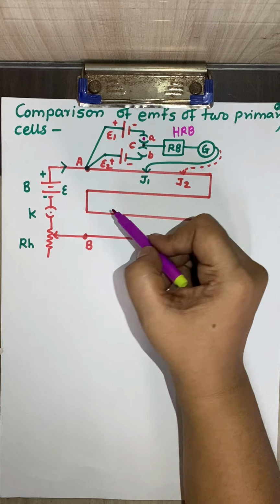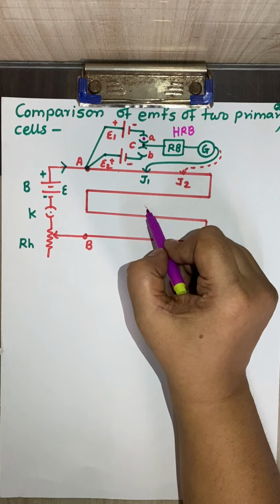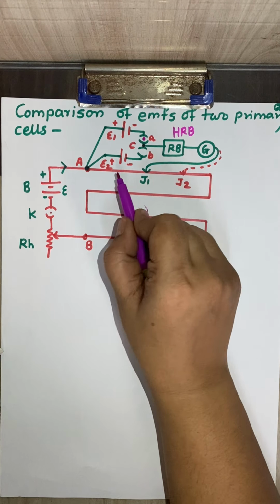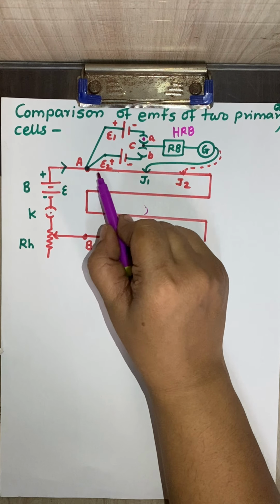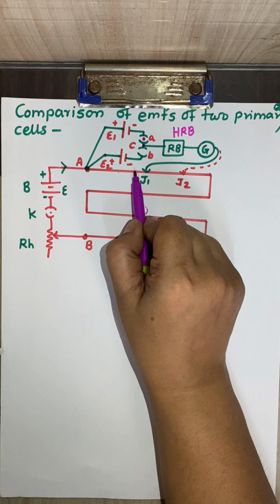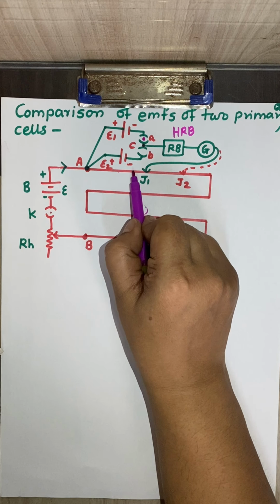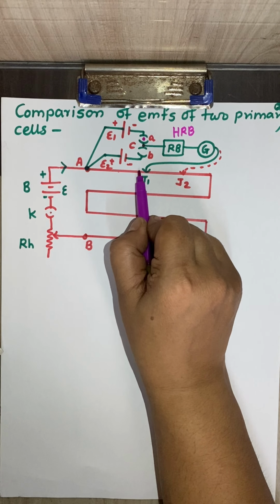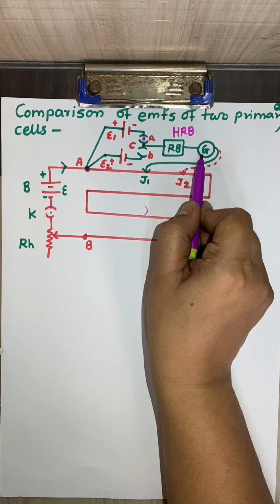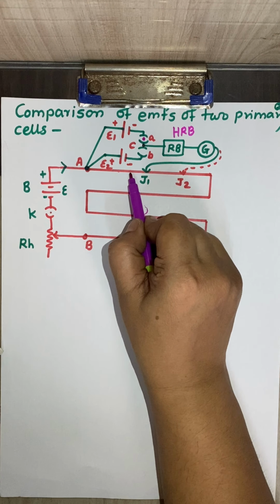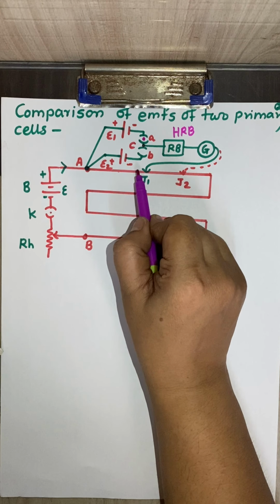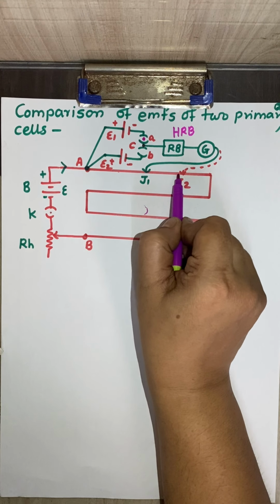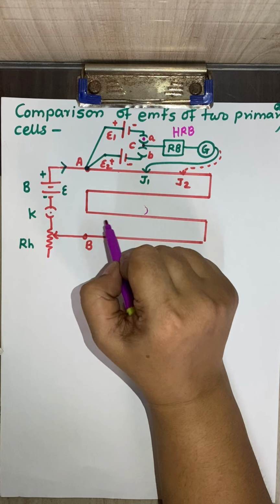Now this jockey is slid across the wire AB. Up to what point do we want to move it? Whenever we move the jockey, you are not going to slide it continuously. You just keep the jockey terminal on a particular point and then lift it up, and you will see a deflection in the galvanometer. Whenever you touch the jockey to the wire, you will see the deflection. When you remove the jockey from the wire, you will see zero deflection. So you have to slowly move in this way towards the 100 centimeter side or the higher length side.